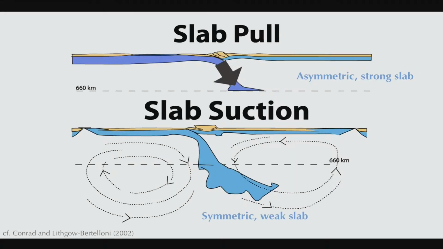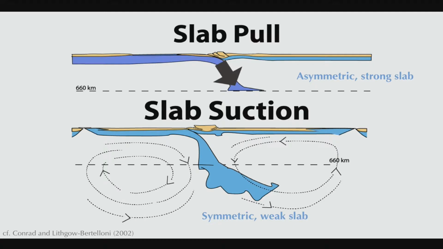And this is one important distinction that comes back to some of the issues that are fundamental in subduction dynamics. Slab pull, as coined by Clint Conrad and Lithgow-Bertelloni, is a situation where we have an asymmetric force transmission, perhaps through a strong slab, and slab suction is one where we have symmetric sinking, perhaps two limbs of a convection cell and a relatively weak slab. And those two are expressed differently as surface motions,